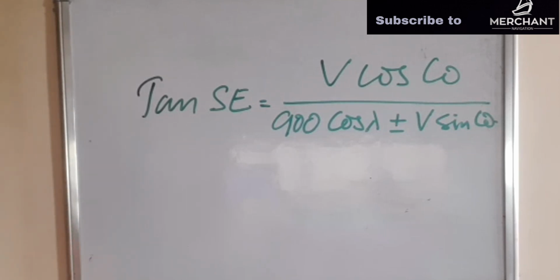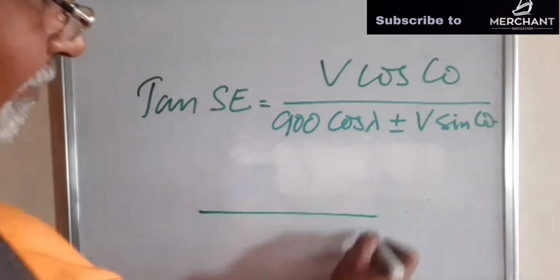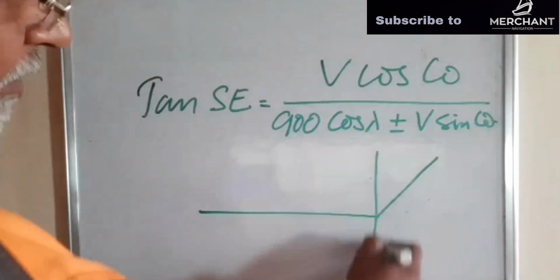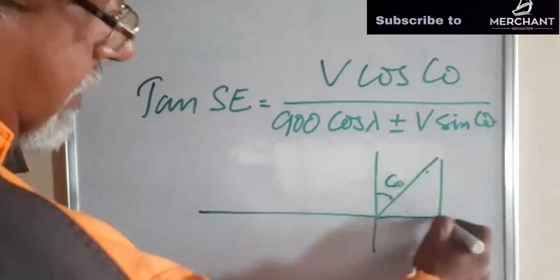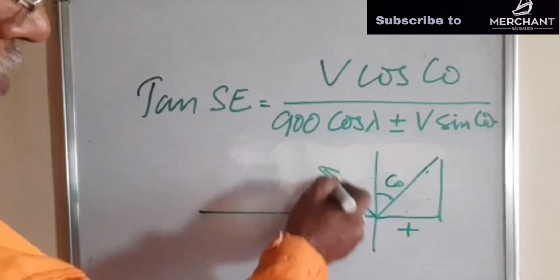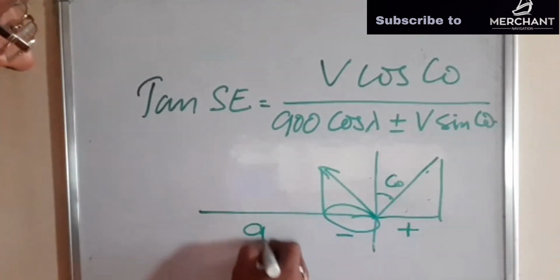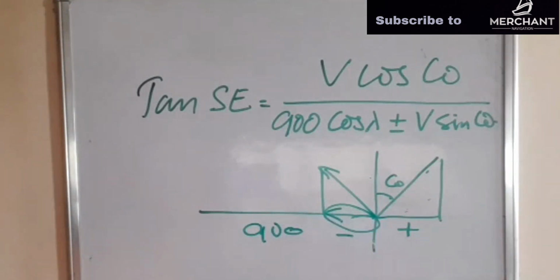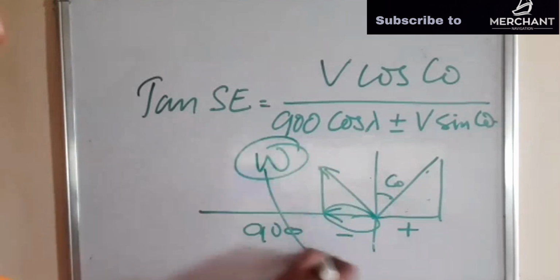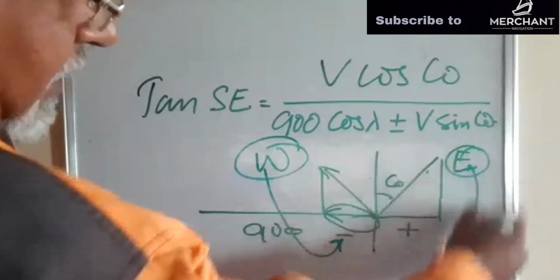सर ये माइनस उस केस में होगा जब कोर्स 180 से ज्यादा होगा, 360 से कम होगा। यस सर, सही। मैं बोलना नहीं चाह रहा था लेकिन तुम खींच लेते हो मुझको बार बार। तो ये कोर्स इधर था तो ये प्लस हुई थी, अगर कोर्स इधर होता तो ये माइनस होता कि नहीं, 900 में से। यस सर, सही। तो ऑल वेस्टर्ली कोर्सेस इट विल बी माइनस, ऑल ईस्टर्ली कोर्सेस इट विल बी प्लस।